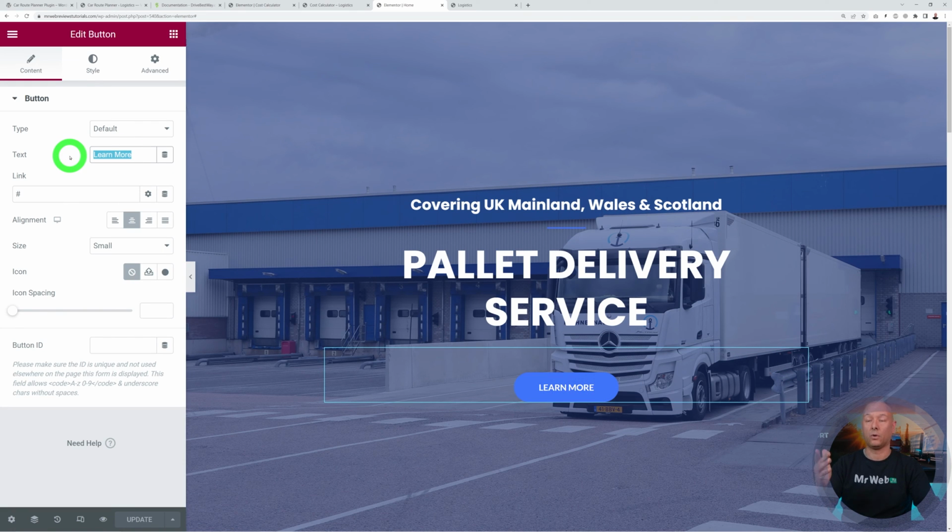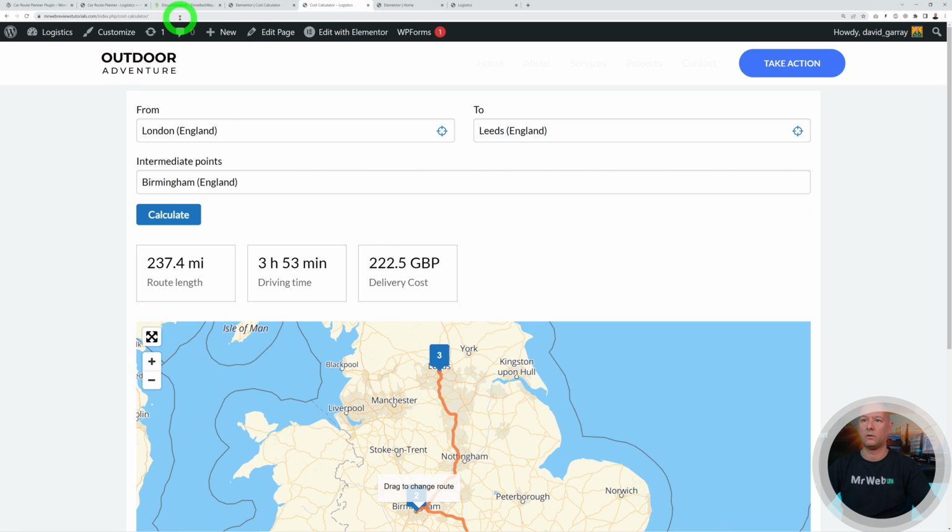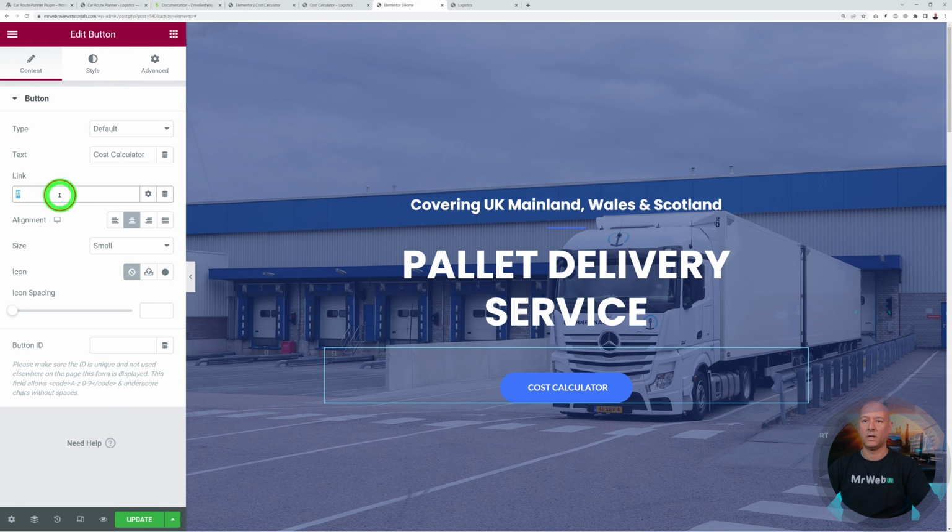So here we can change this. Instead of learn more, let's call this cost calculator. Would make sense, you know. So there you go. And now we need to add the link. So we go back to our cost calculator page. So copy the URL, Control C, and instead of the hashtag here, paste it there. Okay, so update. And then we can do the same with all the other call to action buttons on our